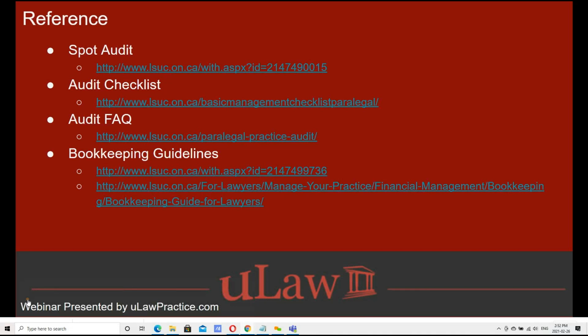Of course, this is a slide that we've used for a few years now, and hence you see the link to LSUC, but you can most certainly Google spot audit checklist, bookkeeping guidelines, and this is something that's available for each province. So if you're in the province of Ontario, you certainly can search up LSO. Likewise for BC and New Brunswick and all other provinces, Alberta, every law society in these provinces is doing a great job updating